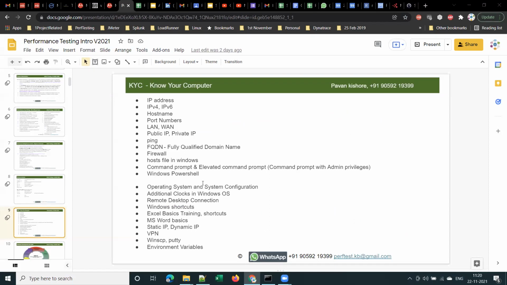So how to check the public IP of your machine? Can one of you share your screen and show me how to check the public IP of your machine? I want this from Siddharth. Sir, I'm not at home right now, I'm listening on my phone. Okay, on phone also you can check that.